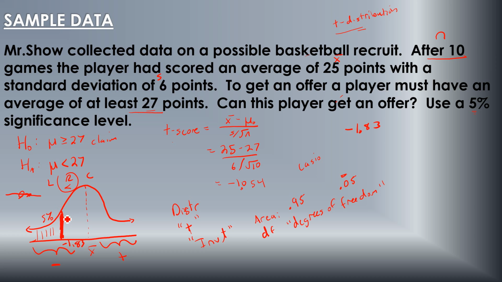So where is HA in relation to that? Well, HA would be like over here somewhere. This is our HA. We calculated it at about negative 1. So HA is outside of the region. So it's going to work just like our Z test. Since HA is outside of the region, we reject HA. It's not supported, which means H0 is supported. So with 5% significance, we can say, based on the evidence,